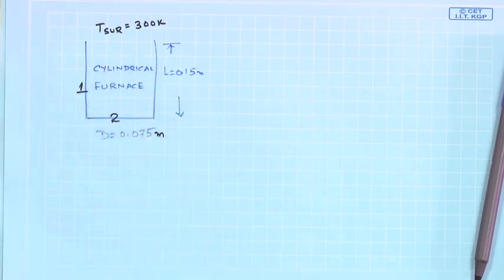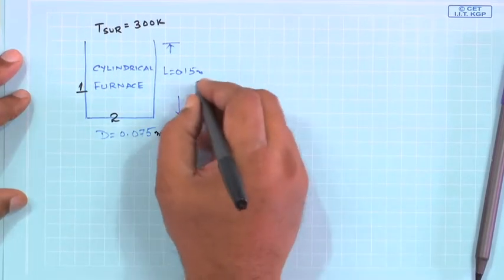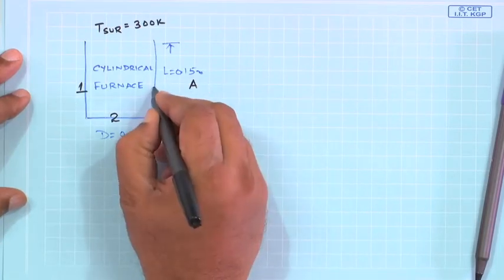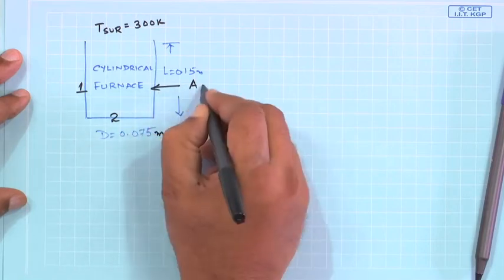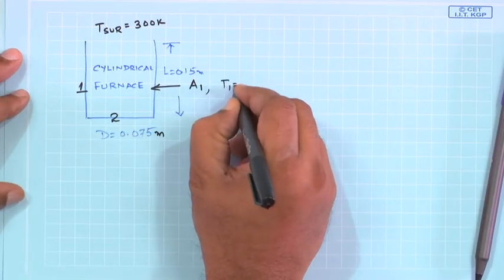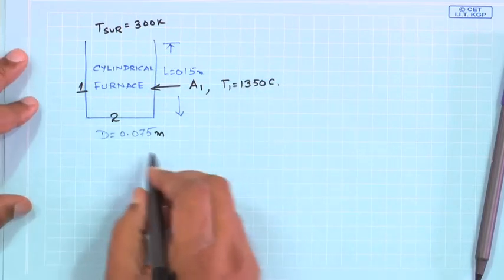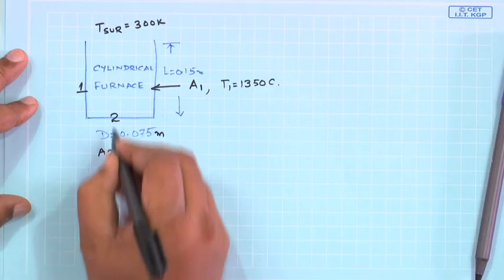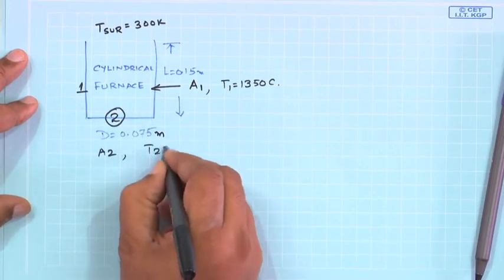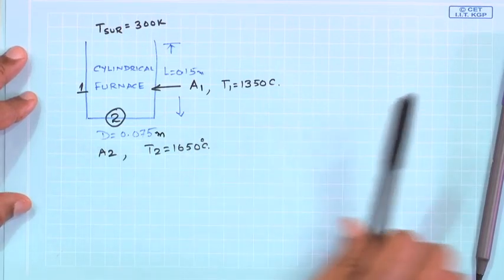The curved area is A1, which has a temperature 1350 centigrade, and A2, which is this surface, its temperature T2 is 1650 degree centigrade,